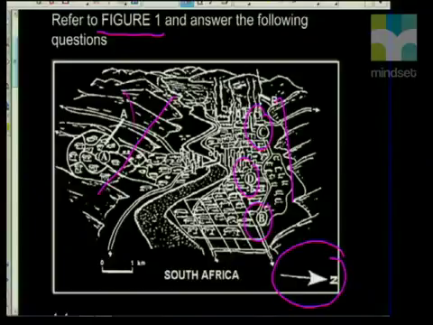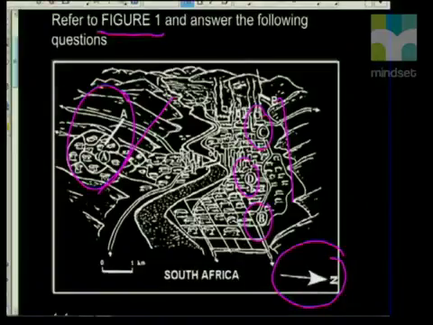Then we've got an A here, which looks like a settlement. And already we're starting to pick up what the examiner is focusing on. For instance, we can see north. This is the north-facing slope down here. And we can see there's a lot of activity happening in this area. So the settlement is basically on the north-facing slope. We've already picked up South Africa, and we've already picked up that the